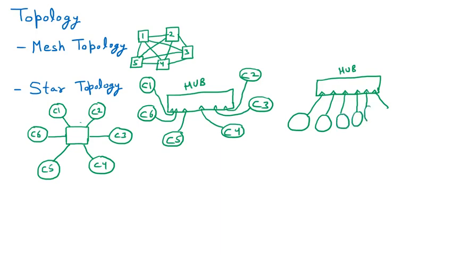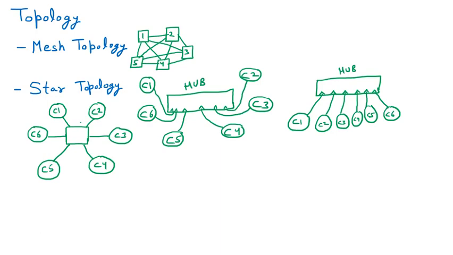Even if it is not the hub, if you want to take a switch, that is perfectly okay. Both are fine. So C1, C2, C3, C4, C5 and C6. This diagram we have derived from the star. We started with the star and derived this diagram, so we have proved that this diagram is the representation of the star. Sometimes in our mind we have confusion that it is not looking like a star, so how can it be a star topology? But we have proved that it is a star topology.